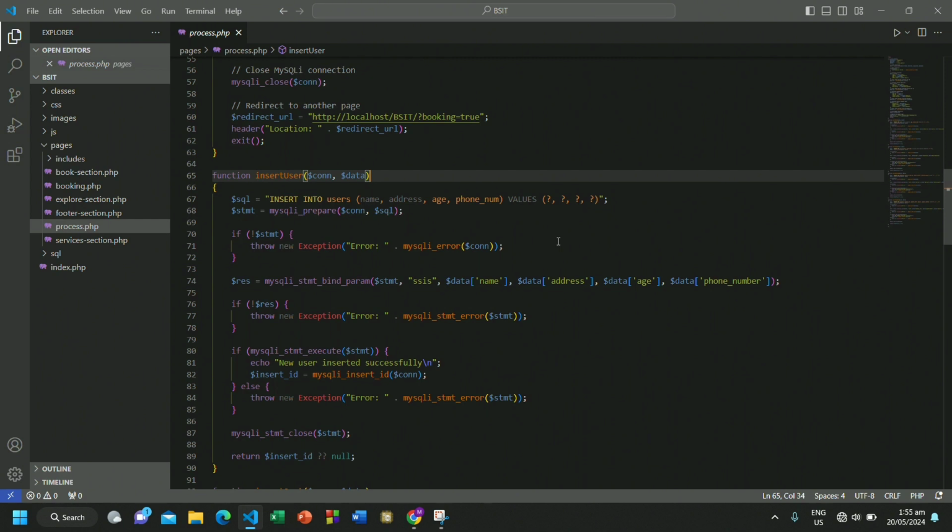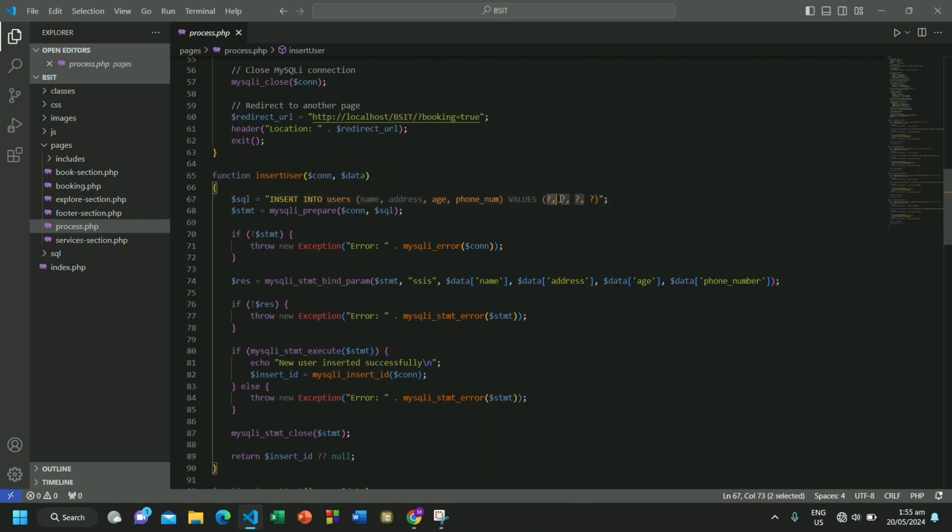Keep them safe. So first, we initialize the function. We named it insert user. We gave it the con so that it can use the connection and actually go inside the server, and then a data parameter. Here we set up our SQL query, which is insert into users, and then we name the columns we want to insert into, and then the values.